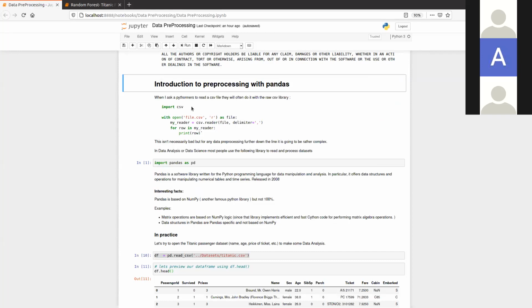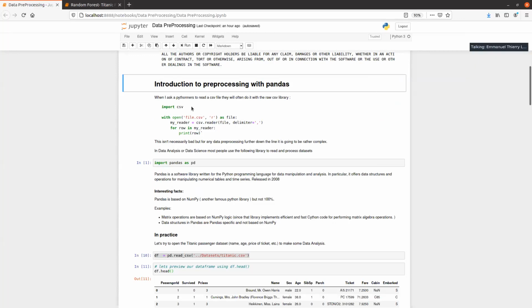First, there's this step in data science where you need to read data, and Python has now become one of the main languages in which people perform any data science task. That's for a few reasons.